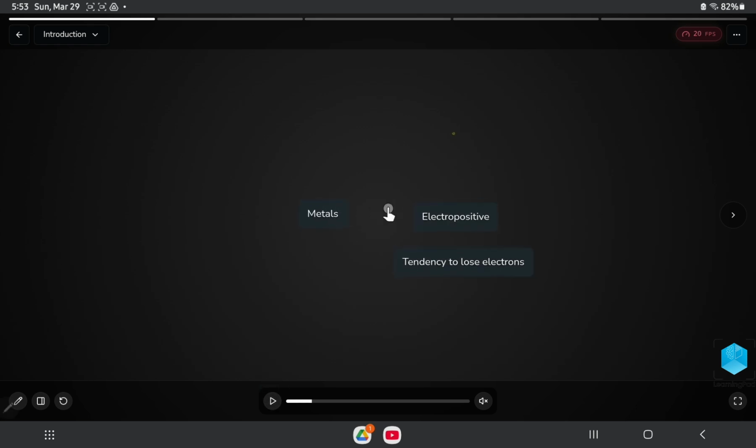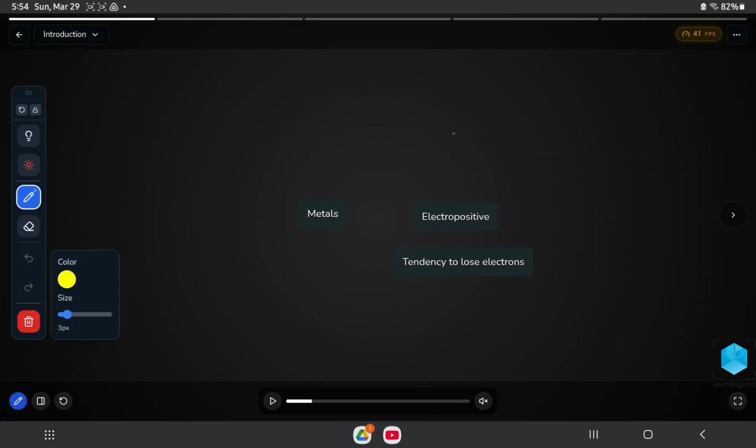Now if we talk about metals, metals are considered to be electropositive. Now, what do you mean by electropositive? Electropositive means the tendency to lose electrons. So, here